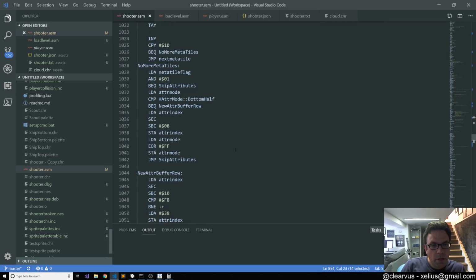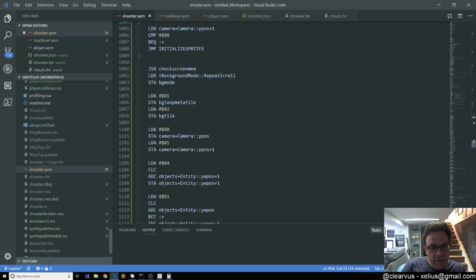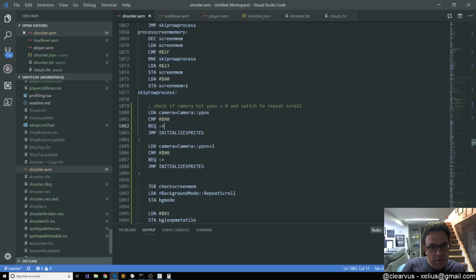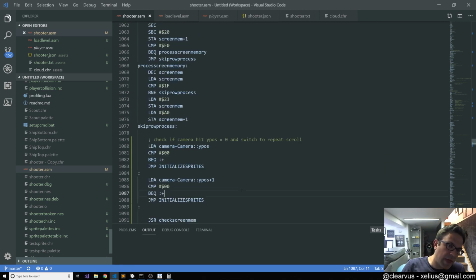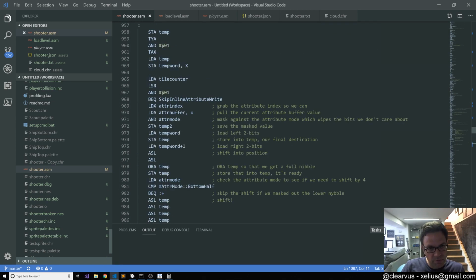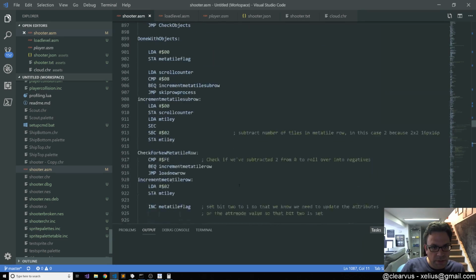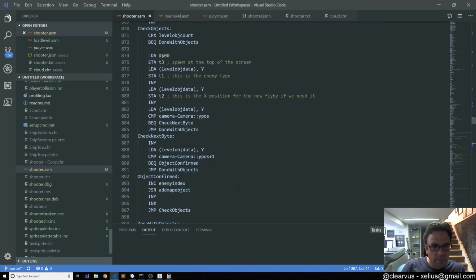Yep. All right. And then, oh, you know what? And then we can even do the check here that if it's already in repeat scroll, it switches back to the map. And then if it's in map, it switches to the repeat scroll. So let's, for now,